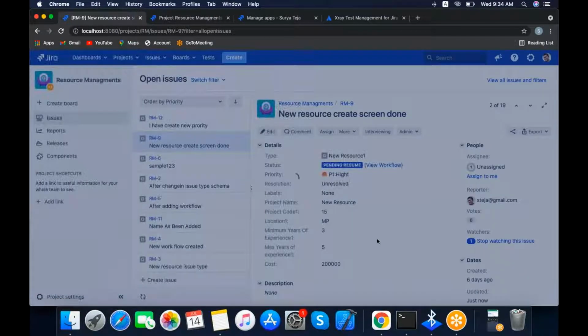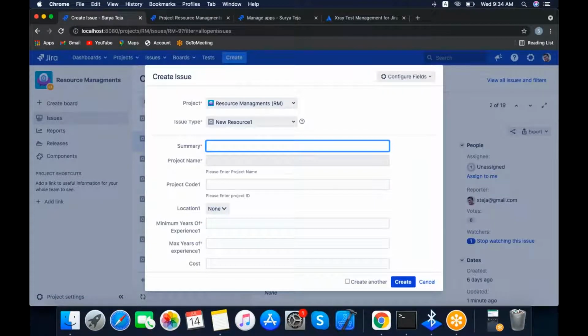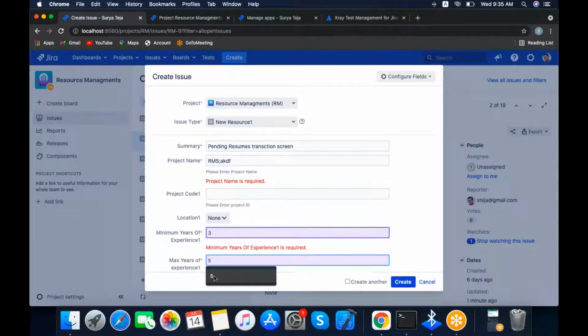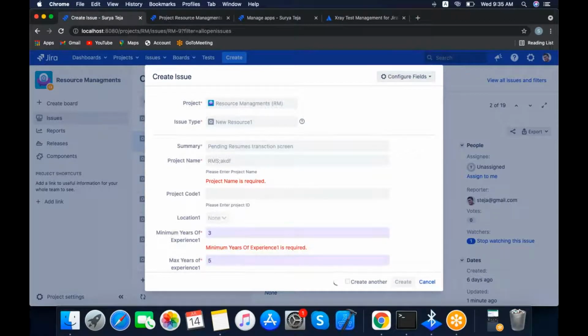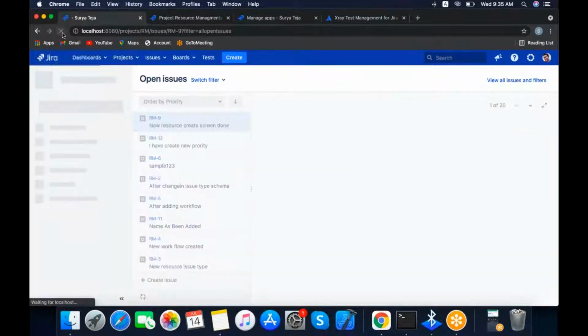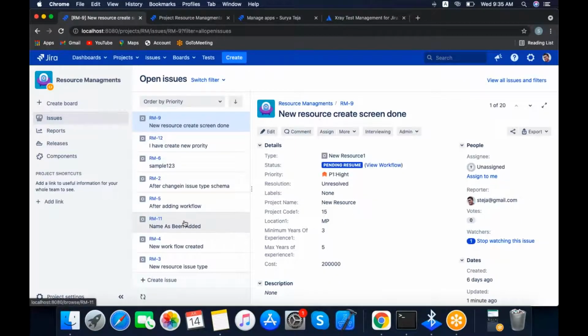First of all, I am creating one ticket. This is a new resource, or RM, with maximum years of experience 3 and minimum years of experience 4, and we are creating the ticket RM22.